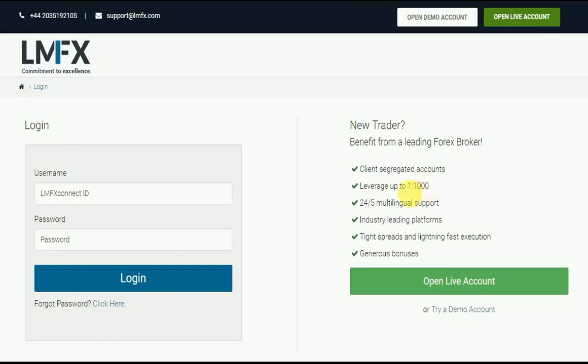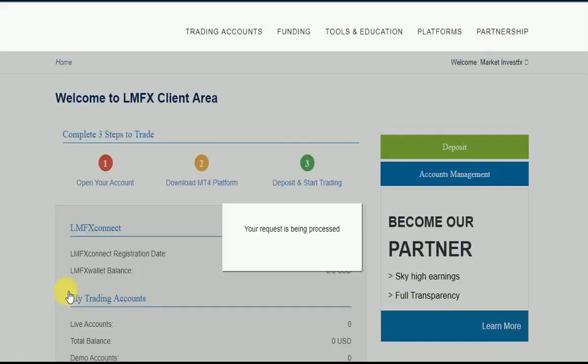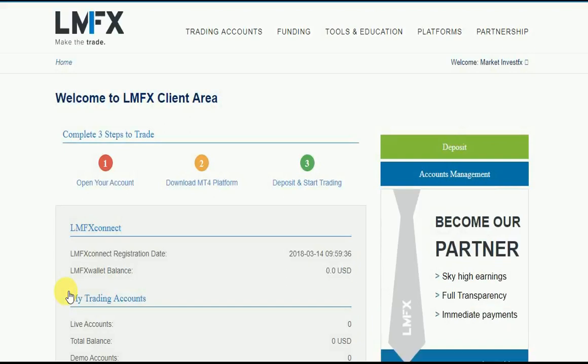You understand what I'm saying? So that is it. The leverage here is 1 to 1,000. They are willing to lend you up to 1,000 times what you are going to deposit. Okay, so we're logging in,